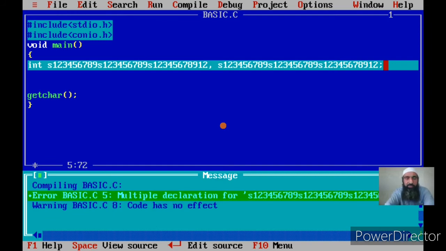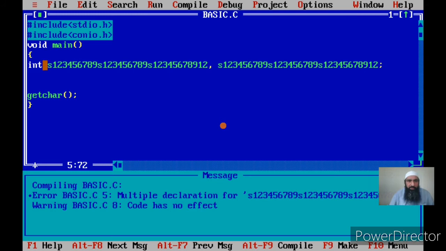Multiple declarations of the same variable. Why have I given such a big name to the variable? There's a reason, but I will explain two rules here. The first rule is that two variable names cannot be the same. So this is another rule. Variable names should be unique. If you give two variables the same name, then the compiler will give errors. I hope that is clear.